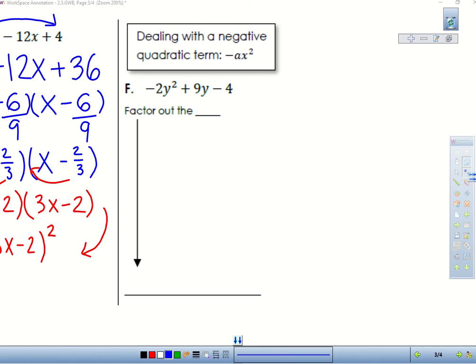So now we're going to talk about how we deal with when the a term is negative. So when this happens, we simply just factor out a negative 1, which means we basically just divide every single term by a negative 1, which is just going to change the sign of every term. And then that negative 1 is just going to sit on the outside of whatever we factored. So here we're just basically changing the sign of every term. That's what happens when we factor out a negative 1. So I'm just rewriting it with all of the signs changed to the opposite sign. Okay? Now once we do that, we're ready to look for a GCF, which we don't have another GCF here. So we just can multiply